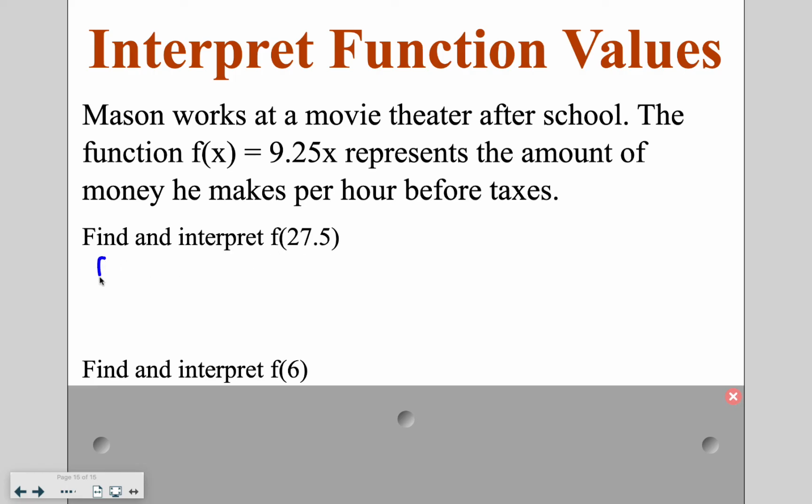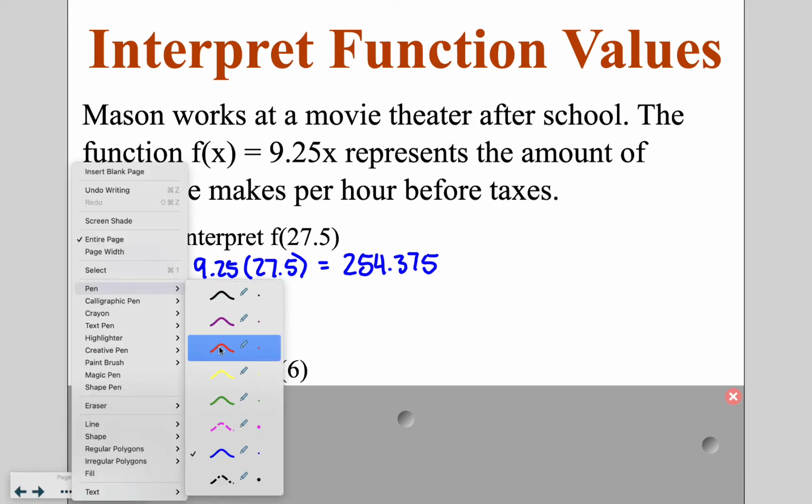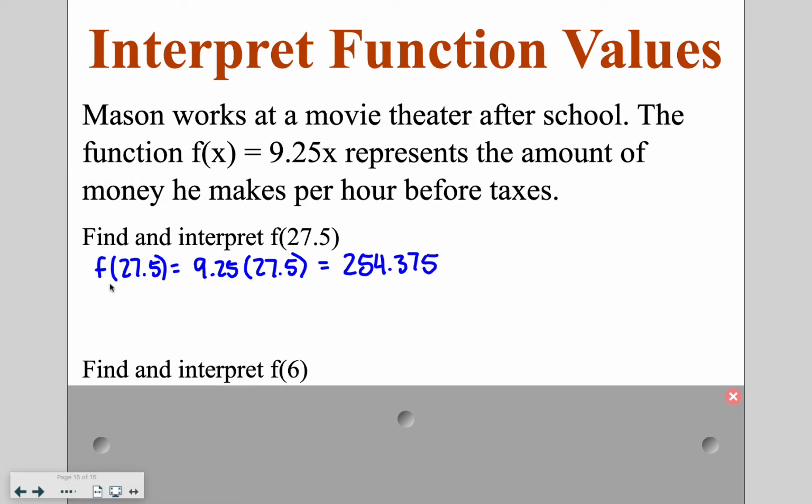So the first part, we're going to find it, which says take function f and plug in 27.5. So I get 9.25 times 27.5, which is going to give me an answer of 254.375. Now the interpreting part means that we need to decide what the answer means within the context of this